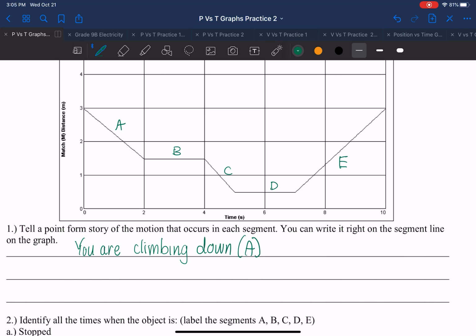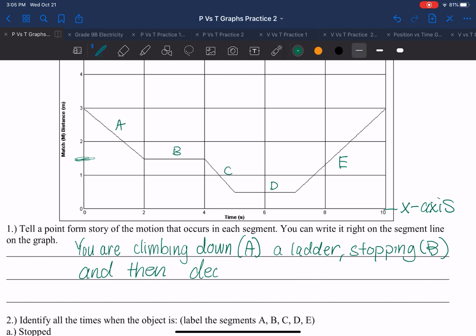We're going down towards the x-axis. Therefore, it's going to be a negative velocity. You are climbing down a ladder, stopping. So that's the line or the motion for B there. We're stopping because we're at the same distance during this time, stopping occasionally, and then